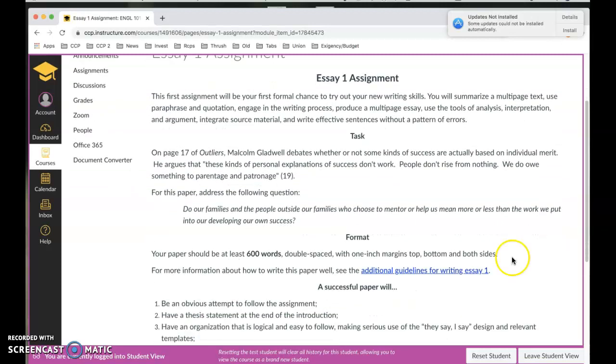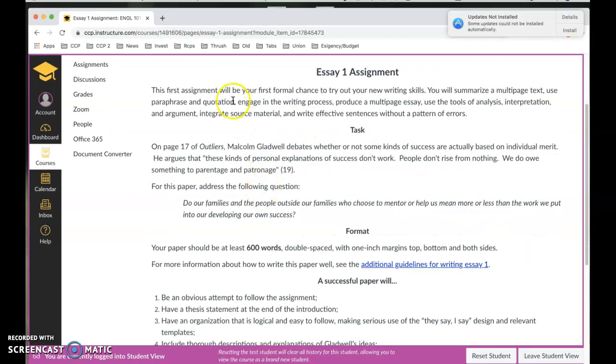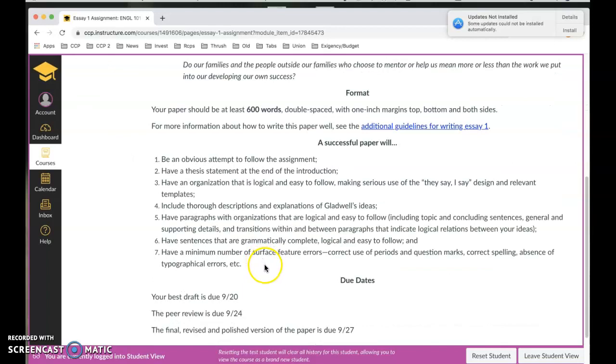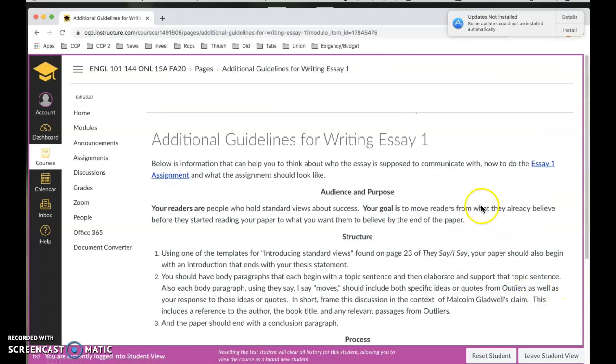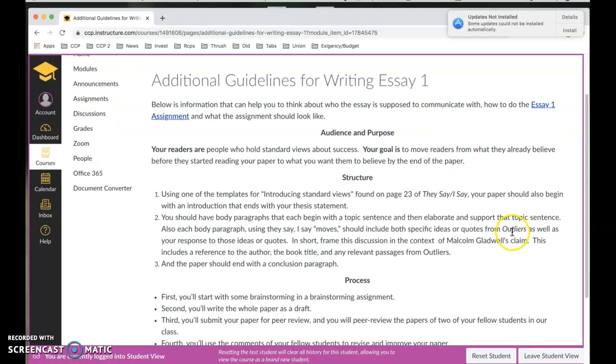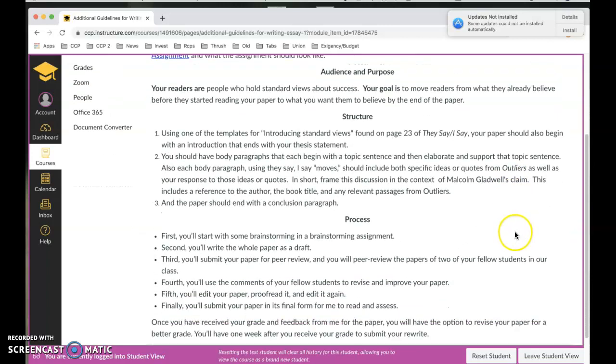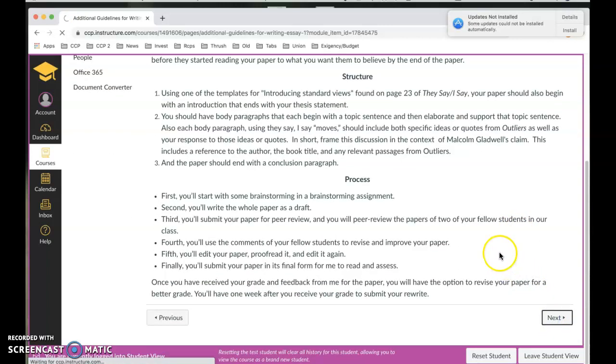Okay. I just want you to read through this so that you understand what you're going to be asked to do. By the end of this week, we're going to try to have a draft. It's about a 600-word essay, so roughly 2 pages. It's usually about 300 words a page. I want you to have this assignment in mind when you go to read Gladwell. The next thing is some additional guidelines that talk in a little more detail about how to go about the paper.